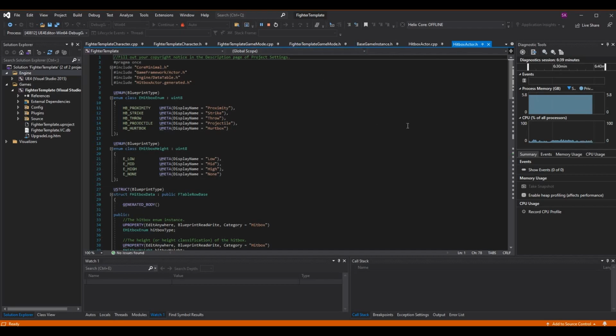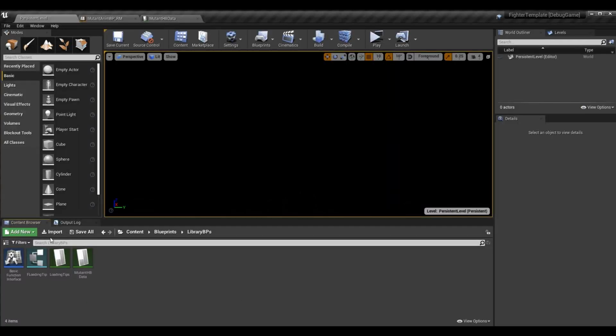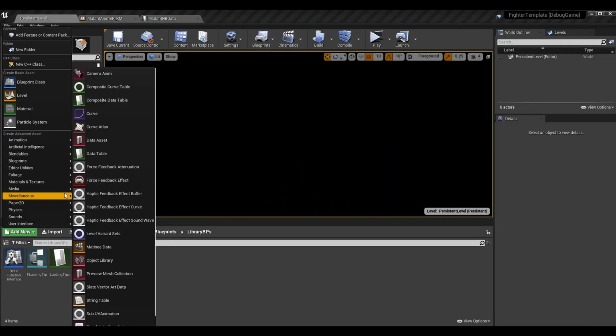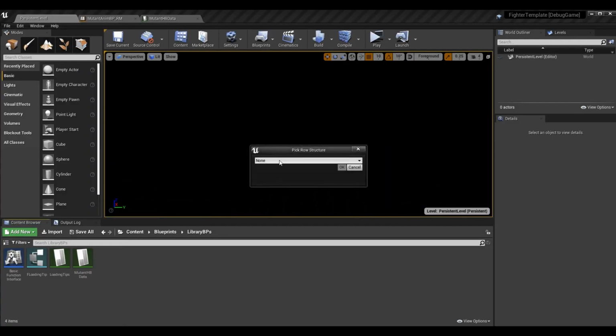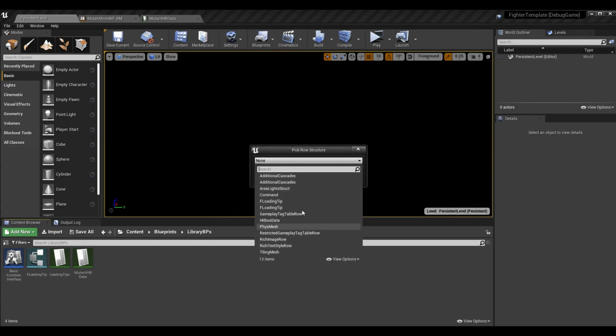Alright, then getting started, we have our hitbox actor.h and hitbox actor.cpp. And this is basically a class that stores all the data for the hitbox. Now, if we want to make a data table out of something, it requires a struct when you go to make it. So if you click add new miscellaneous data table,